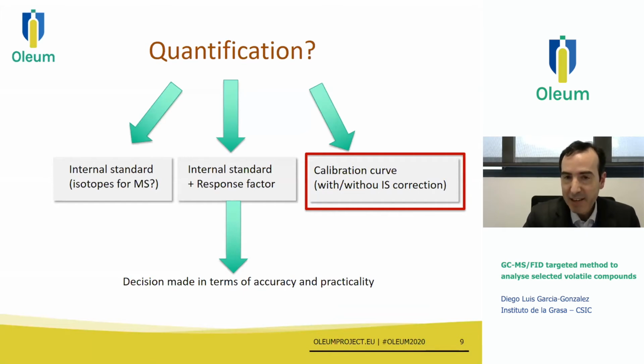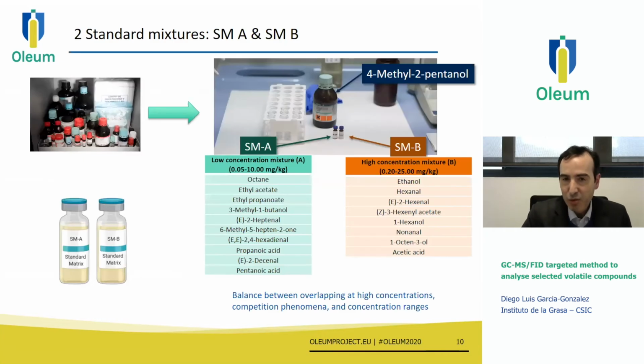But in this case, we needed to simplify the methodology in order to avoid making individual dilutions for each one of the 18 volatile compounds. That would make the procedure very time-consuming. So we designed two standard mixtures of 18 volatile compounds, and the objective was to avoid making so many injections. In this way, we can obtain the 18 calibration curves for each one of the volatile compounds